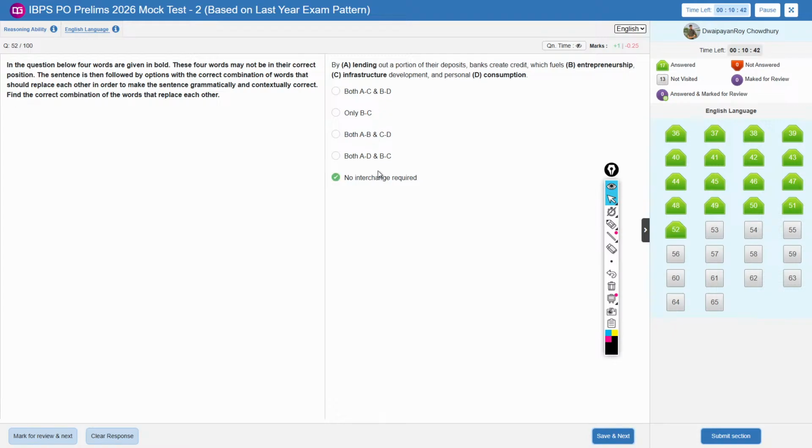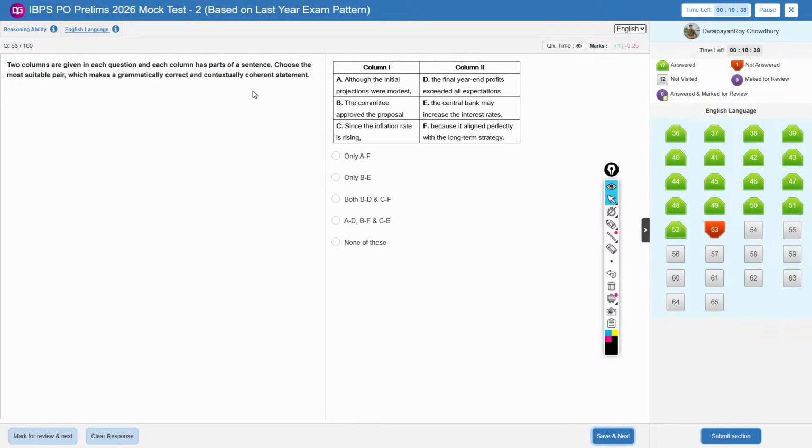I think no change is required. Although the initial projects were modest, the final year's profit exceeded all. The central bank may increase interest rate. Okay, the committee approved the proposal because it aligned perfectly with long-term strategy. So BF